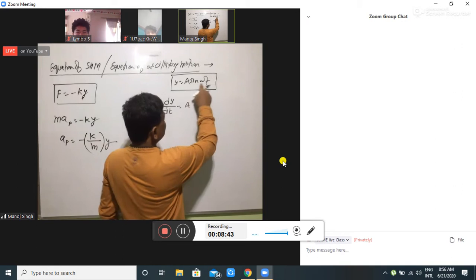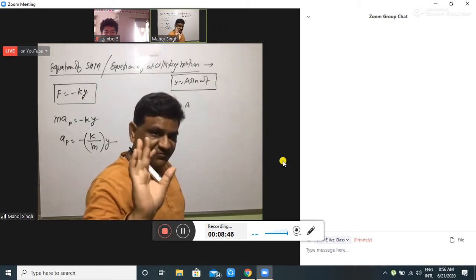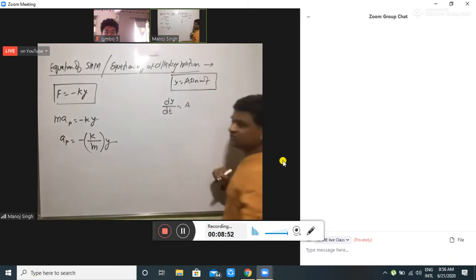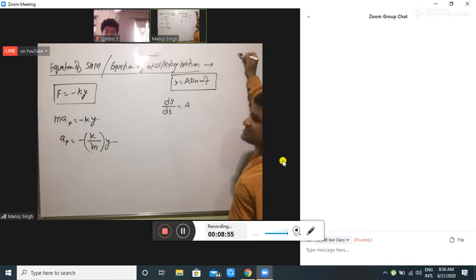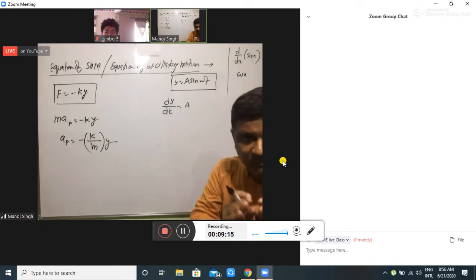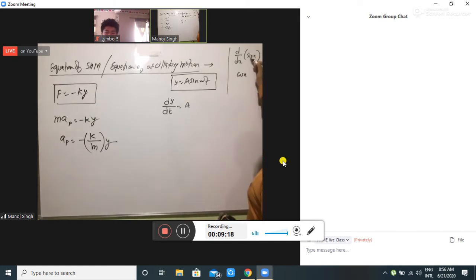Now, what is the differentiation of sine of omega t here? Okay, I will discuss the differentiation of sine omega t later. Before this, I want to discuss the differentiation of sine of x. So d by dx of sine of x: what is it? Simple. The differentiation of sine of x is equal to cos of x. But this differentiation is not complete here. We differentiate sine x, it is equal to cos of x. There will be a remaining differentiation of x.